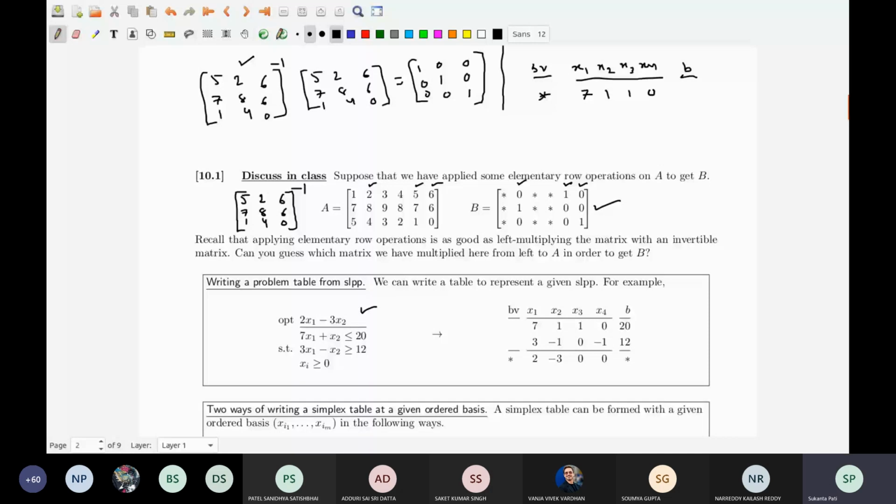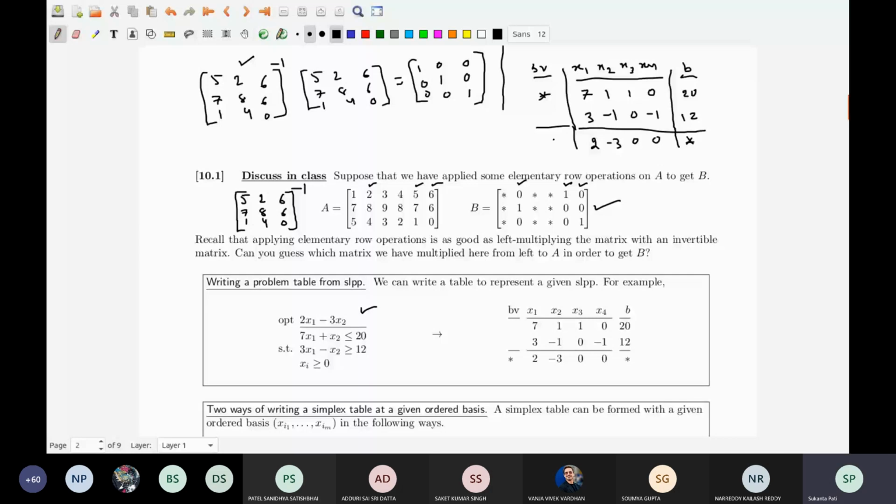And then the next one will be 3x1 minus x2 minus x4, so that will be equal to 12. You can put a line here if you want. Here I write the C information. C, that is 2, minus 3, 0, 0. I put a star over here and put a star over here. You can put minus F also, doesn't matter.